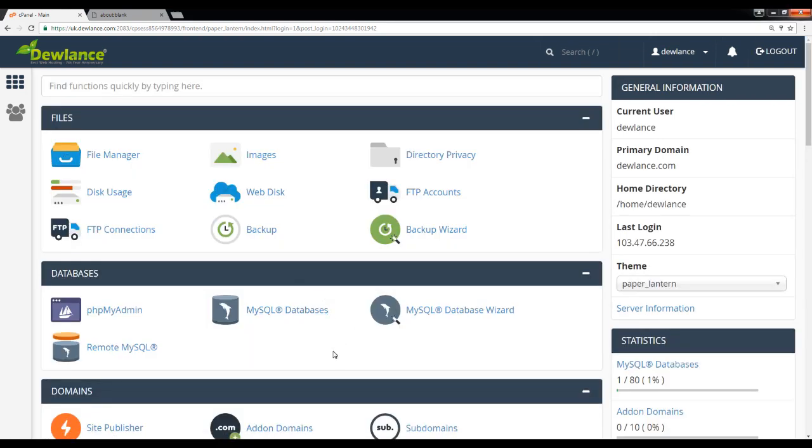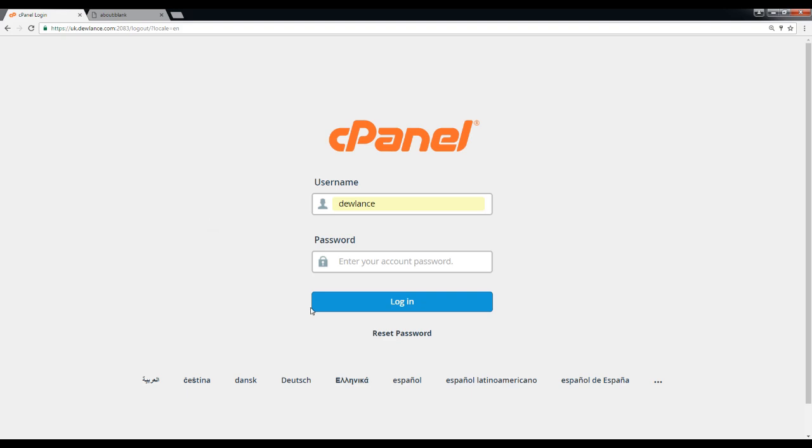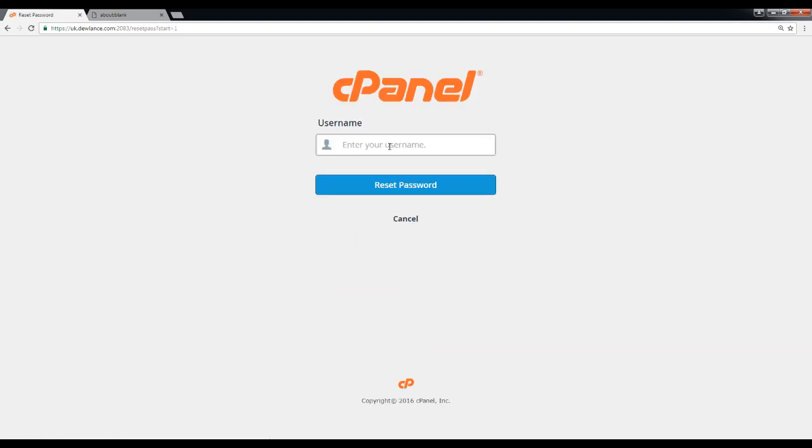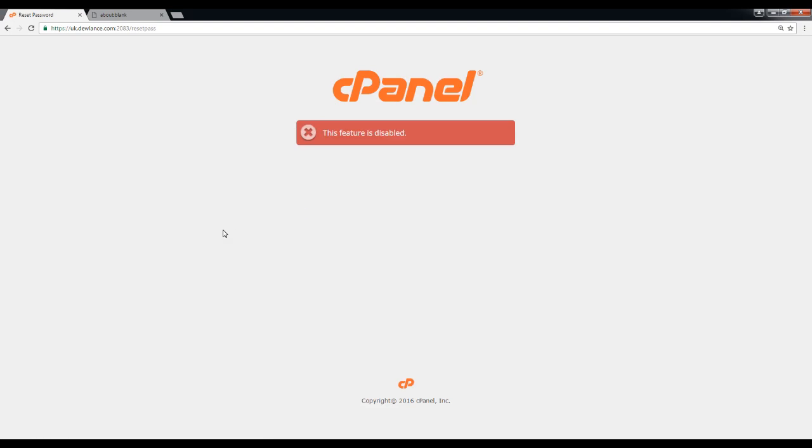Okay, what should you do if your hosting provider disabled the feature of resetting the password? For example, what can we do if reset password does not allow us to reset the password or this feature is disabled? For example, you can see this feature is disabled.